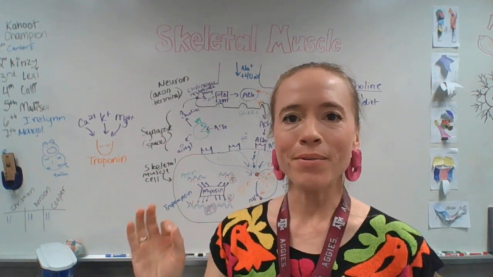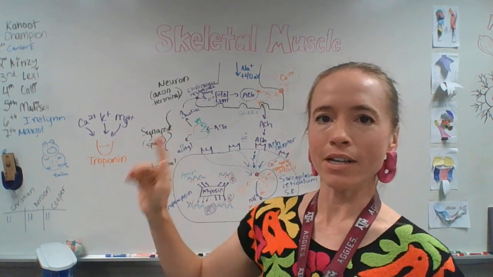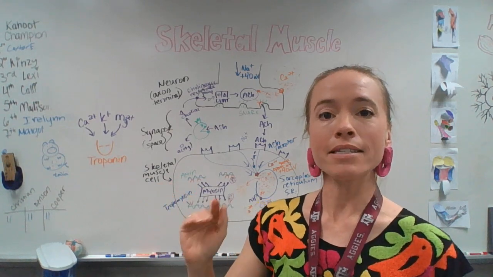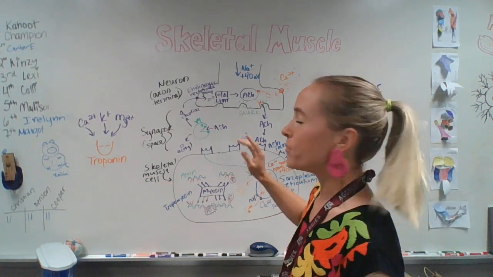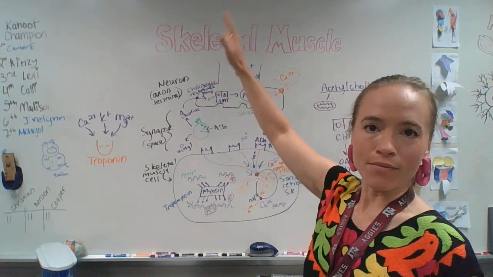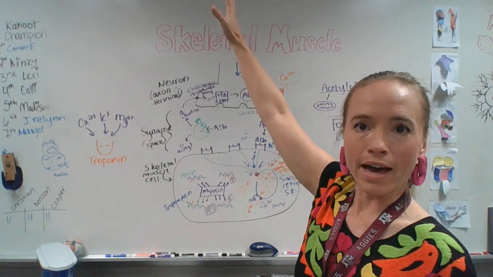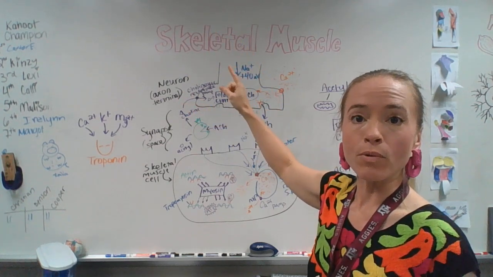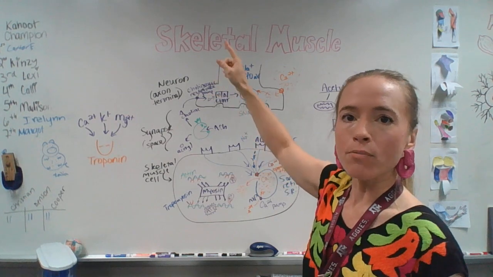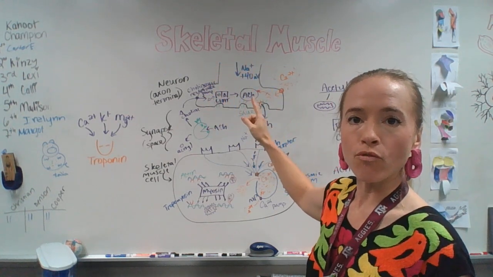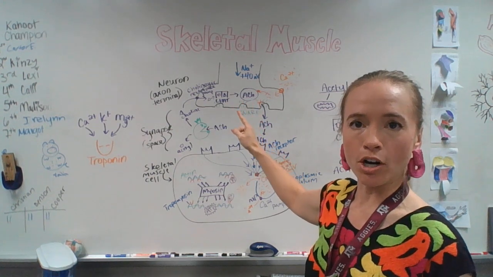All right, I'm going to do a quick run through of a skeletal muscle contraction. Remember, this is a muscle cell in skeletal muscle. So we're going to start with the neuron. The neuron is receiving a signal from the brain. So we have an efferent nerve, and the signal is sent with sodium ions. And when the sodium ions travel all the way down, when it gets to positive 40 at the axon terminal,